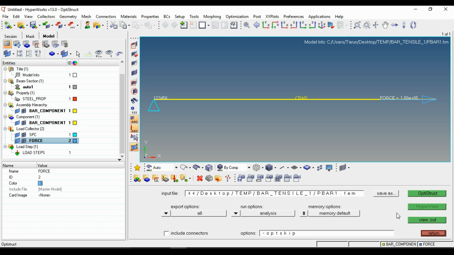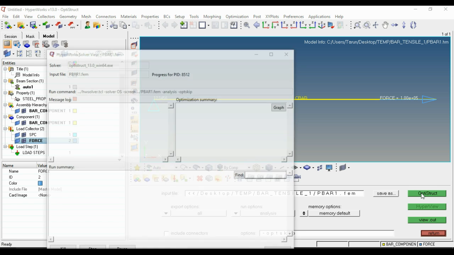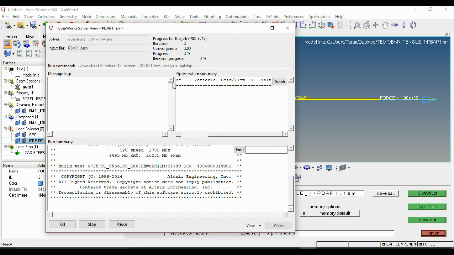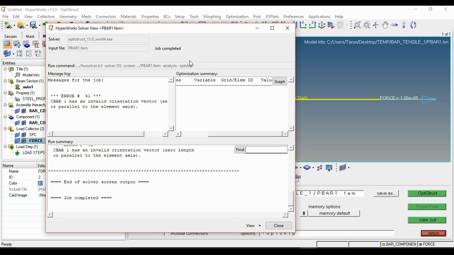Click on OptiStruct. Check this, all analysis, memory default. Click again on OptiStruct. Progress is 0%. You can see the progress of the model. Job completed. Now you can see we got a message as job completed, and we got another message,